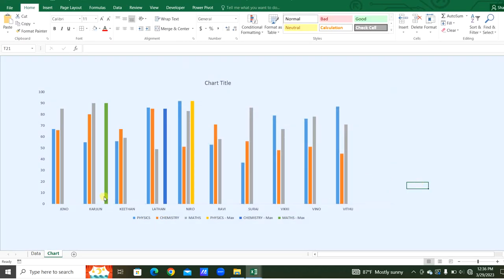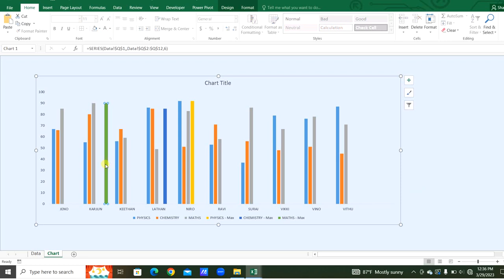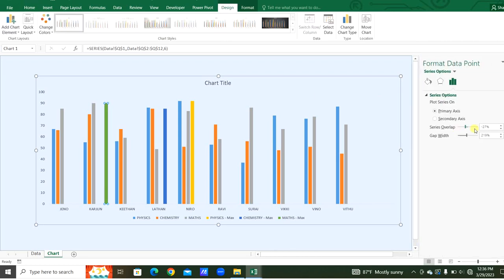All data updated. Here Arjun got the highest marks for one subject. Ladan got the highest for one, and Niro got the highest for one. Now we will select this highest marks column, double click it, and set it to secondary axis